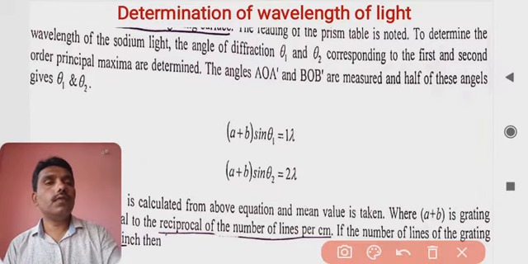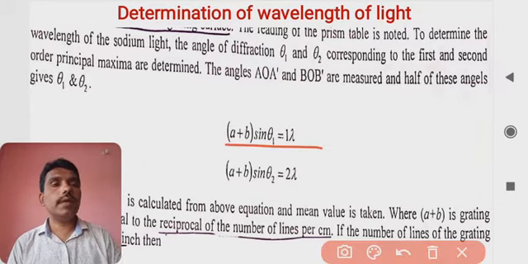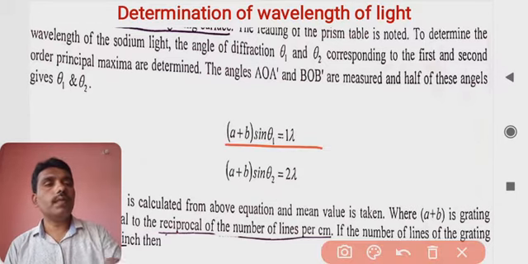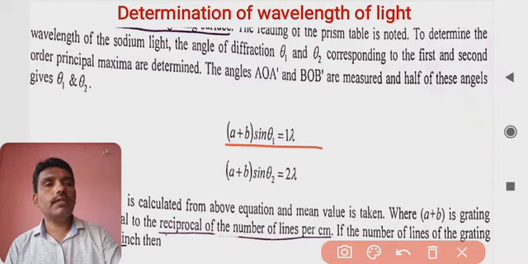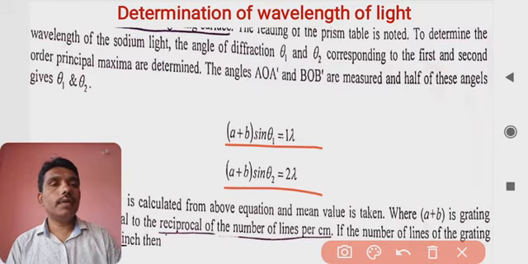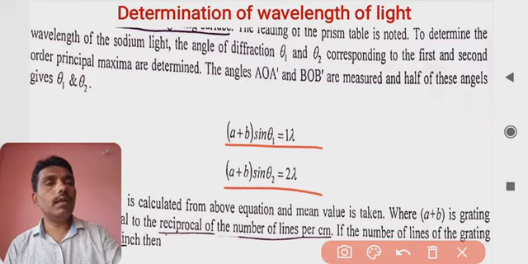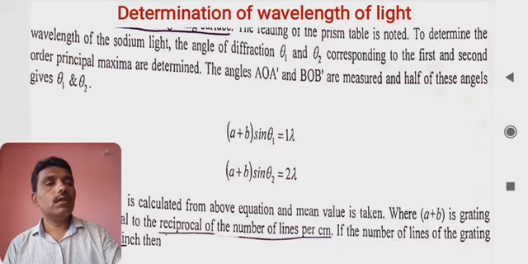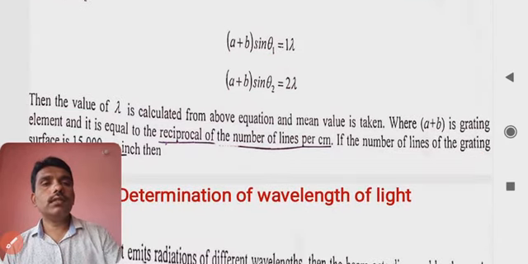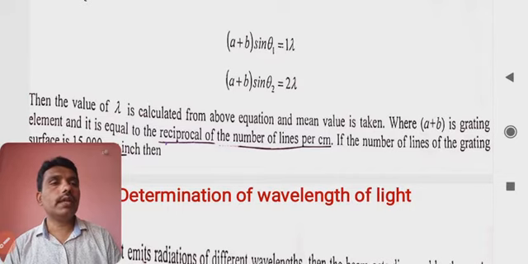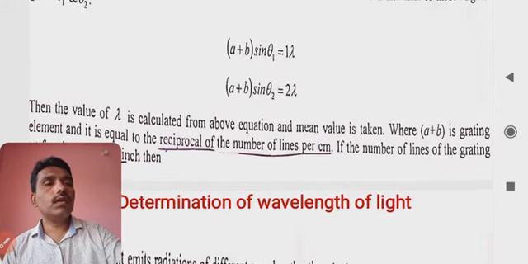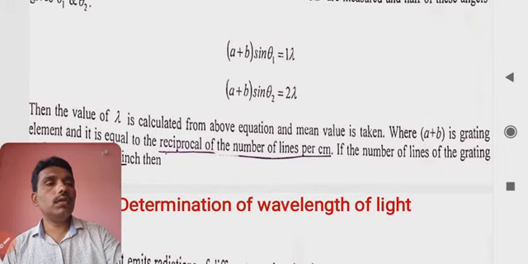And as we know, to determine the wavelength, for this case, (A plus B), the slit width, sine θ1 is equal to 1 lambda, and (A plus B) sine θ2 is equal to 2 lambda because it is second order, and lambda can be calculated from the above equations, and the mean value of A and B, or A plus B, is